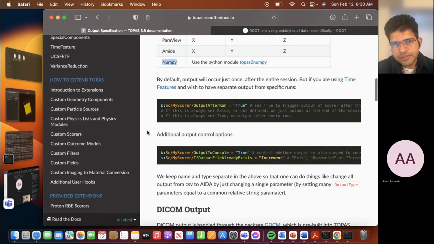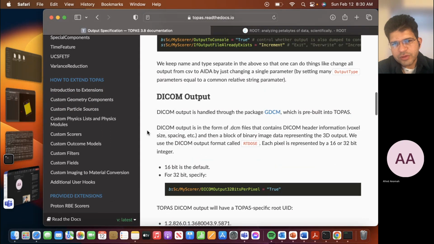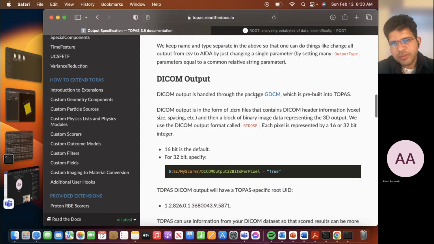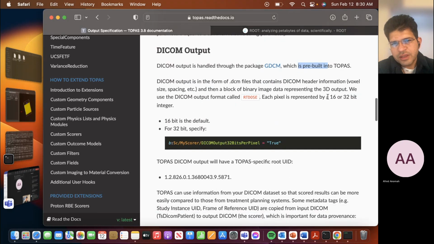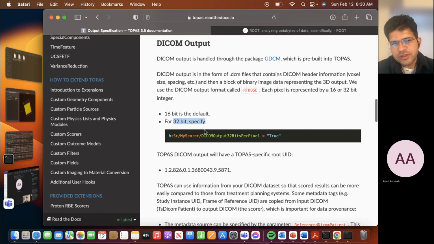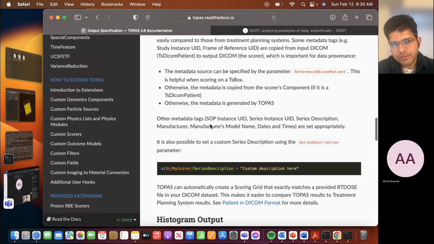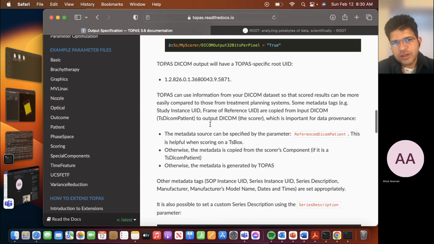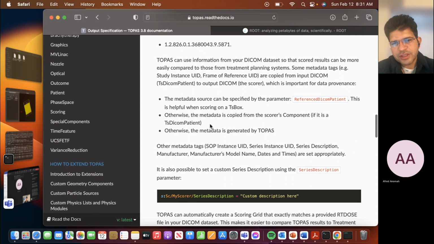Okay, and yeah. So here is about the DICOM output. It is handled by a package called GDCM, which is pre-built into Topaz. And you have two options. One is 16-bit by default if you don't specify, and if you specify 32-bit it will provide you more information, more accurate. So I generally use 32-bit to specify my output type